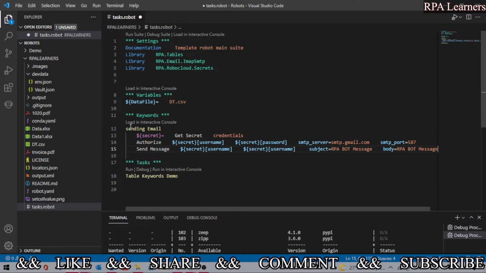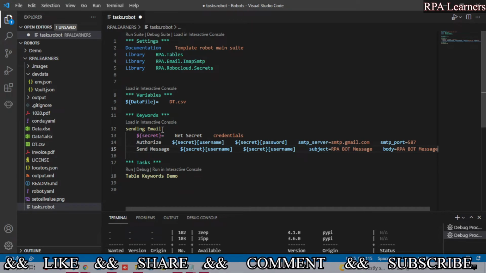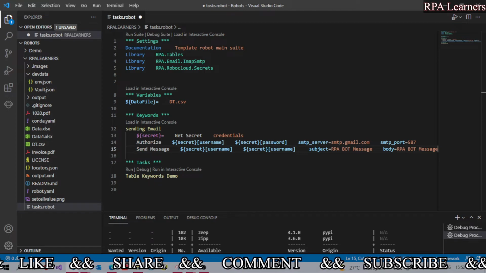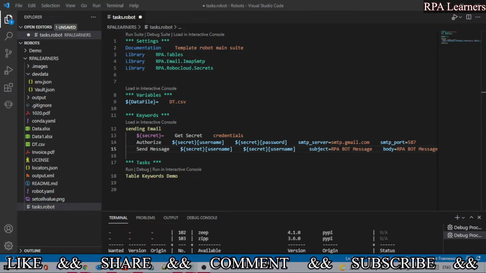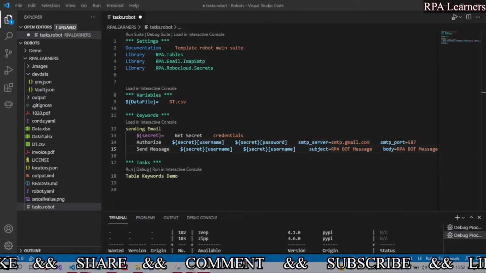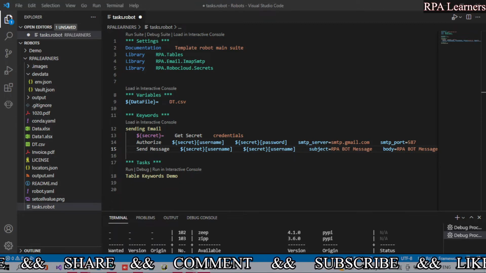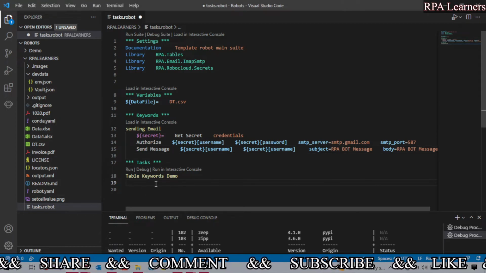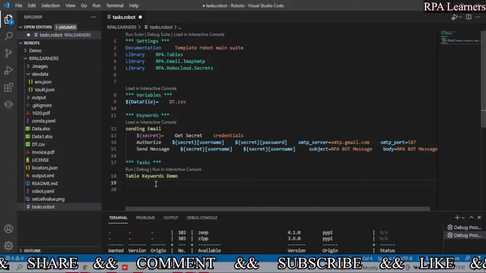Now we have our sending email ready, but as per our use case, we need to read the CSV file, and we need to send the mail for only data which has RPA in the technology column, right? For that, let's do that in the task section. We are not using any other keyword.